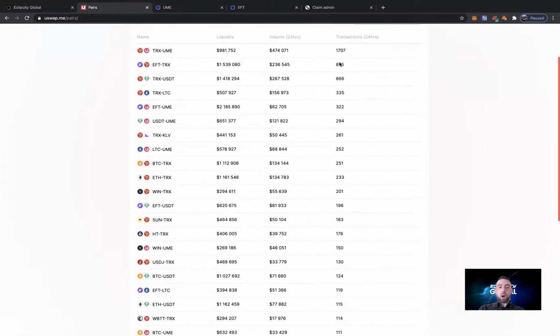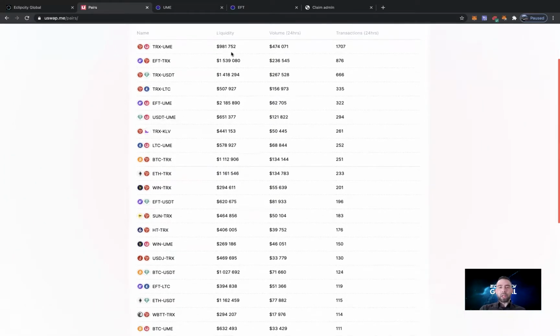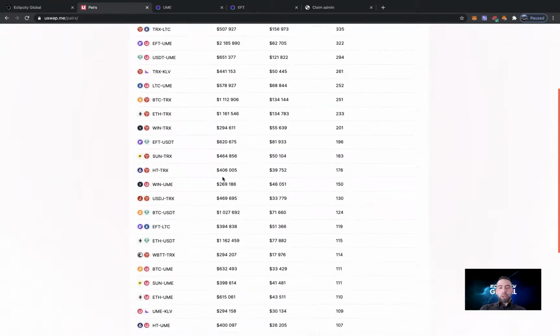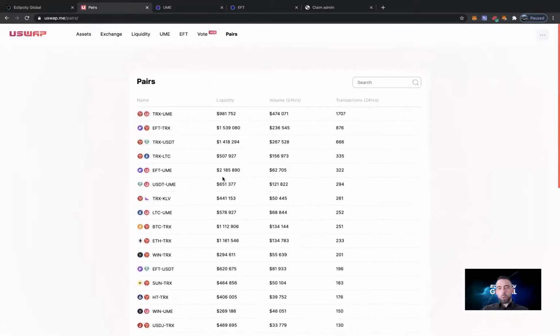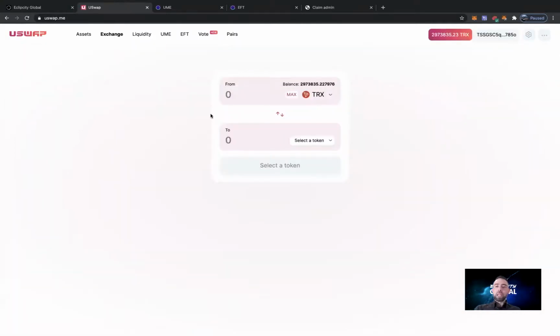And as you can see, we are stacking up on liquidity: 980,000, 1.5 million, 1.4, 500, 2.81 million, 600,000, 400, 500, 1.2, 1.1. So as we can see, guys, more and more people are drawn towards USWAP, providing liquidity to it and benefiting from the yield farming that we also provide. Now, what also brings a lot of people here, what I want to make you guys aware of is that, because we have been talking about the